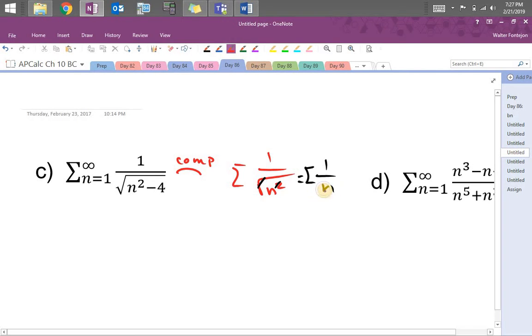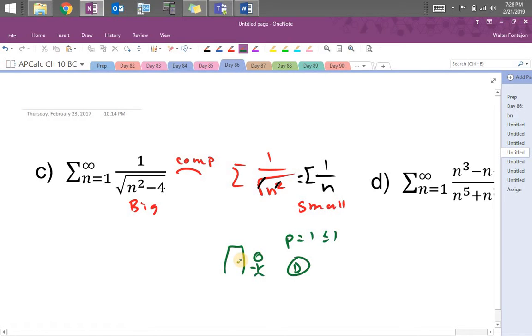Okay, looking at the denominators, who has the bigger denominator? It seems like the right side does, so this one will get small for the fraction, this will get big for this denominator. Let's run the test. P is equal to 1, less than or equal to 1. This is going to diverge by the P-series test. Small diverge means small